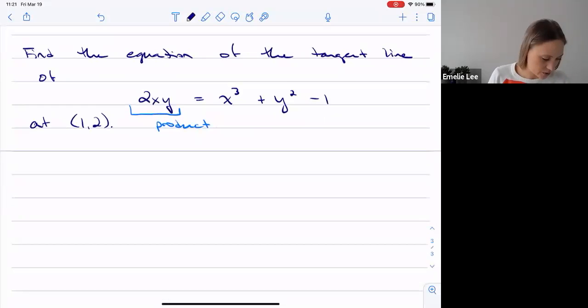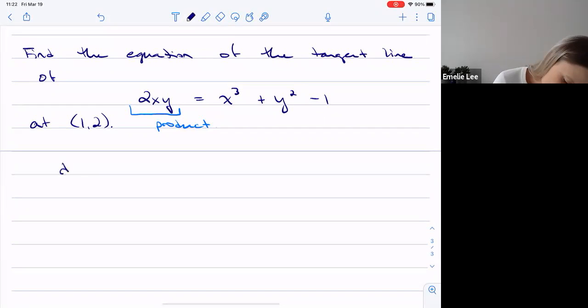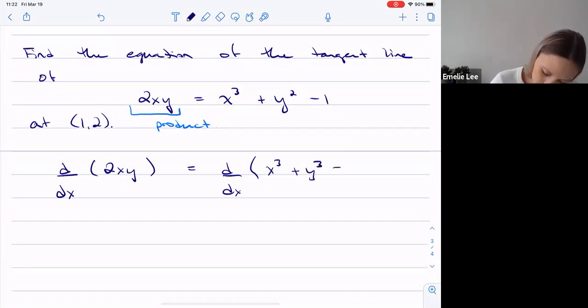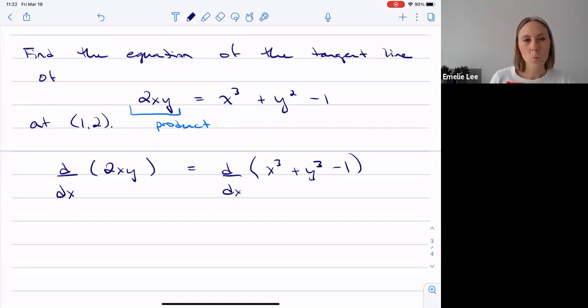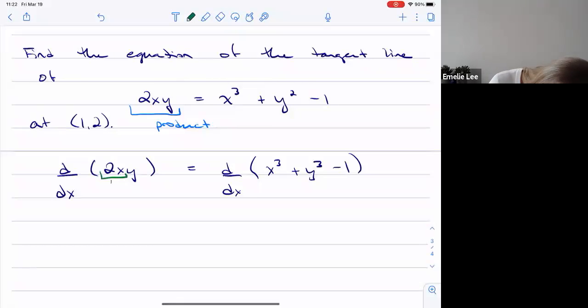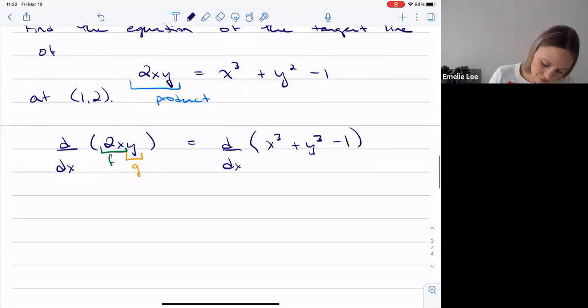So if I want to take the derivative of this thing, and again, to show that I'm taking the derivative, I'll use d dx of 2xy is d dx of everything on the right-hand side, x to the 3 plus y to the 3 minus 1. So I'm going to treat 2x as my f, and then y as my g. That 2 can go with either the x or the y, but it just makes it easier if you keep it with the f, because then you've got a pure y. So if I take the derivative here,